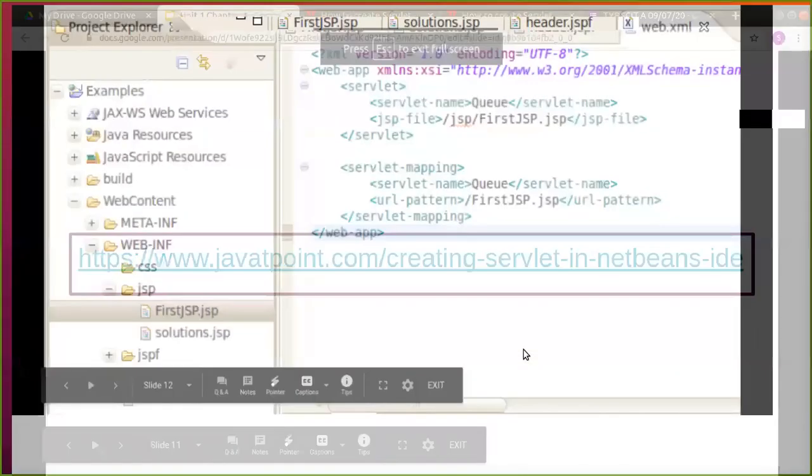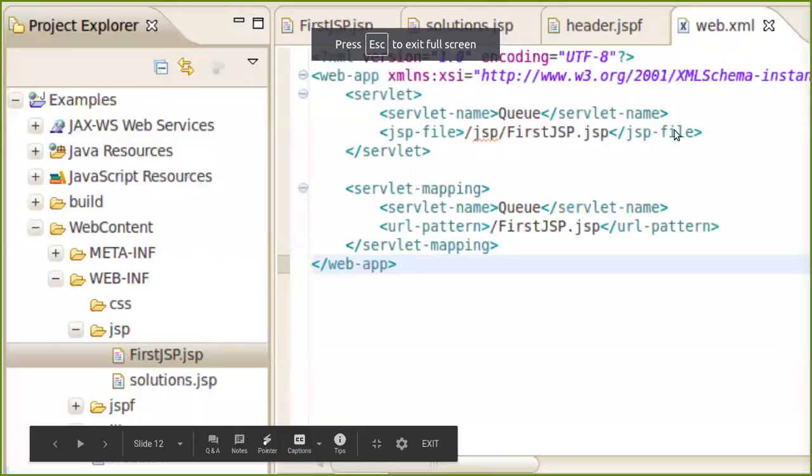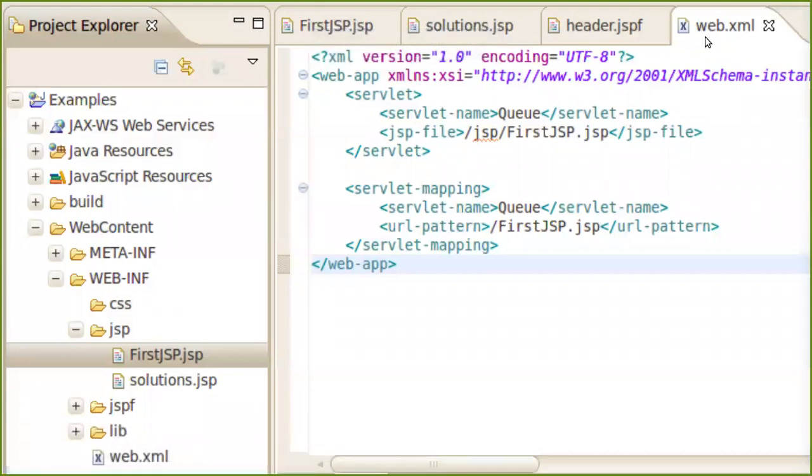Now here, if you see this web.xml file which has been created, it is always going to be there in your program when you check that option, add information to the deployment descriptor. What you are going to get from this particular file is the version used, the encoding type, what encoding format we are using, and then you are going to get servlet tags, that means we are using servlets.